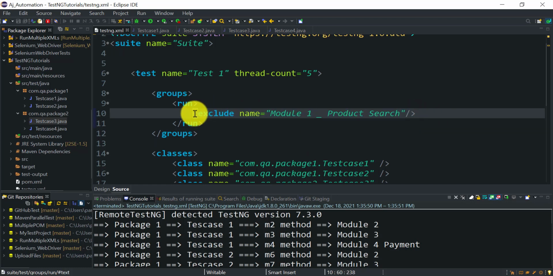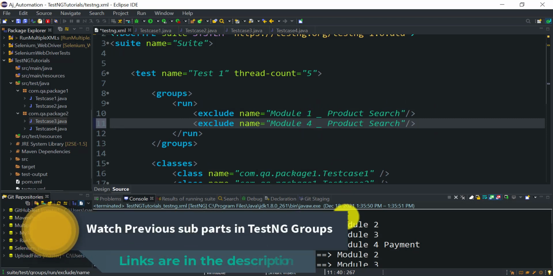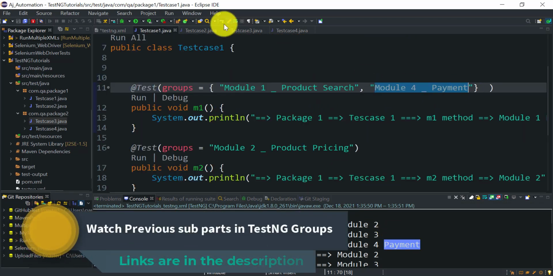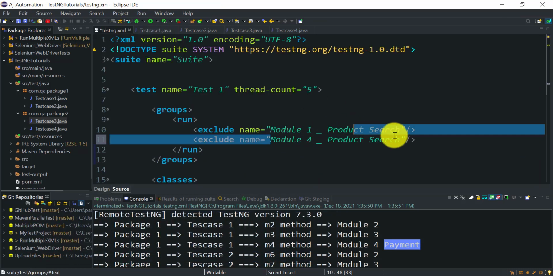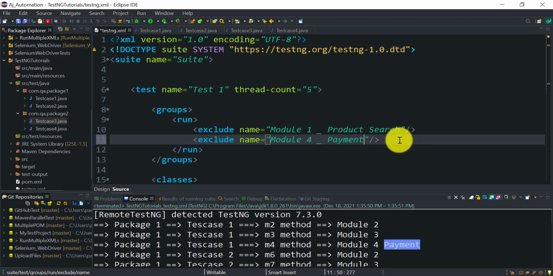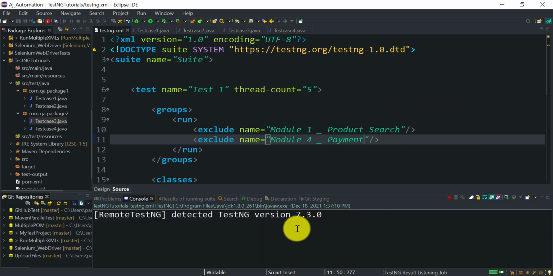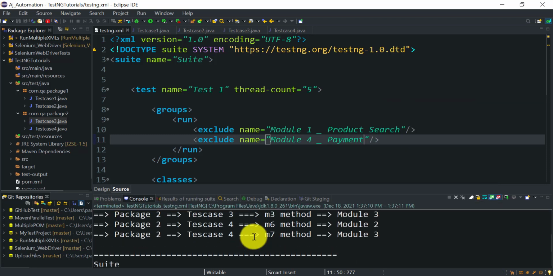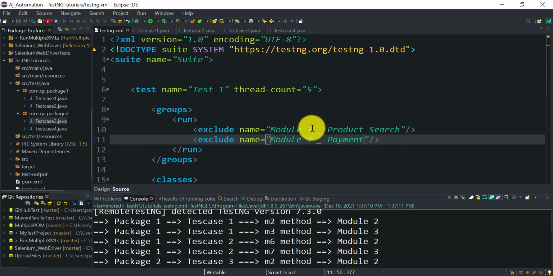So let's say I want to exclude module 1 and module, let's say module 4. So currently I'm excluding two groups. Okay, only module 2 and module 3 got executed.